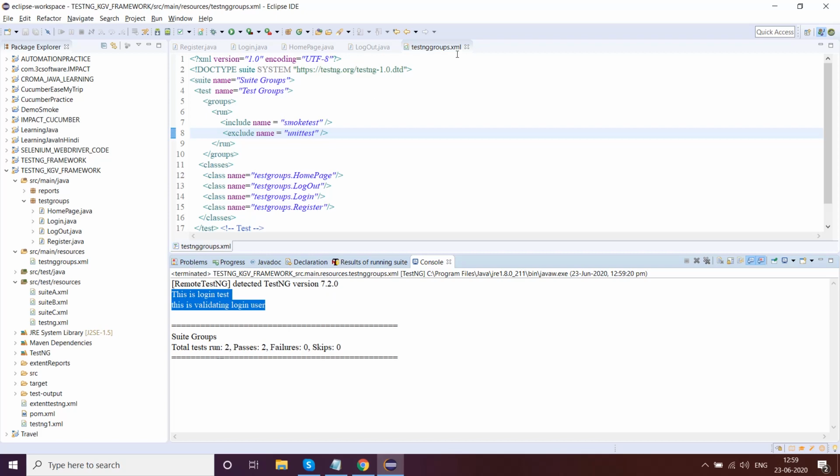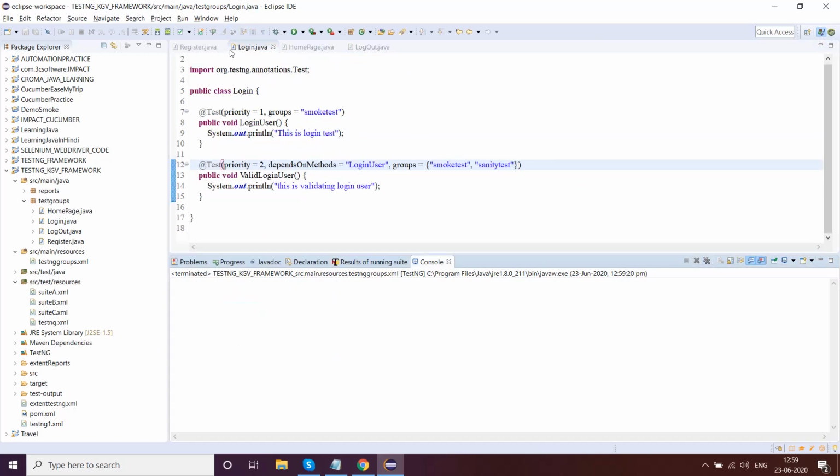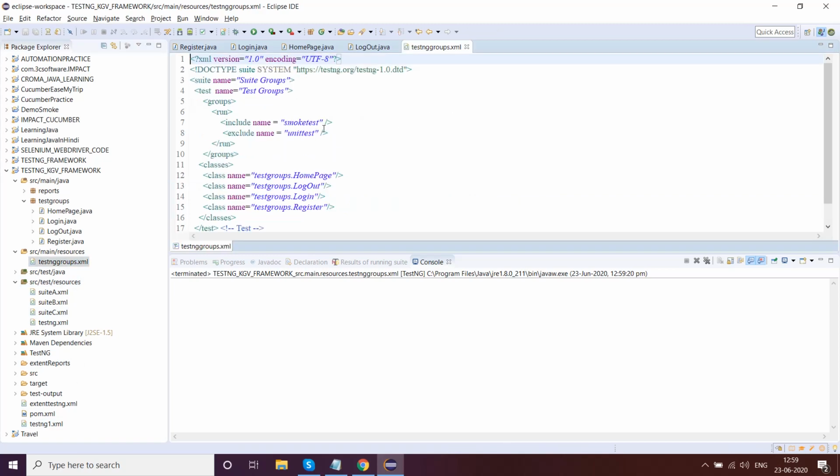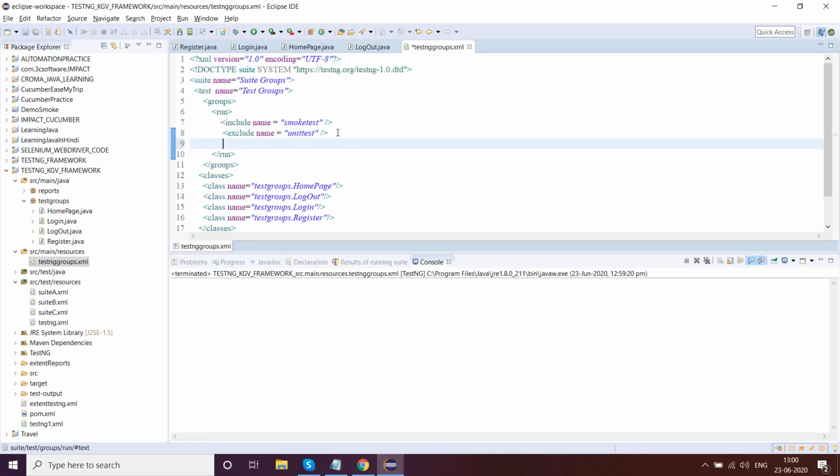So what does grouping actually give you? What advantage and what privilege do you get? The privilege is, let's say, you want to run only certain test cases which are in certain groups. You don't want to run all of them. I want to run only the test cases which are in unit test groups. Similarly, you can configure your XML file. You can include, exclude, and add more includes and excludes for unit tests, smoke tests, or whatever tests I have given, and then you can run. So this should work absolutely fine.